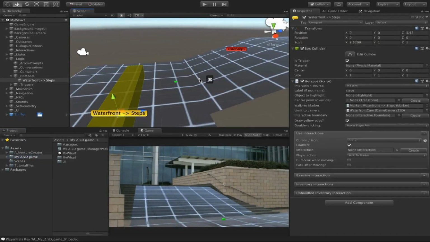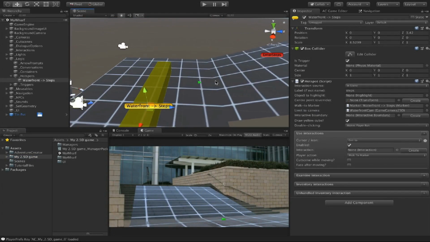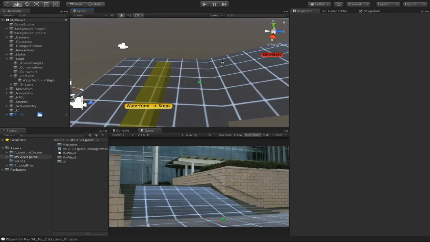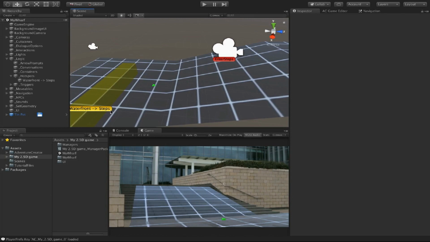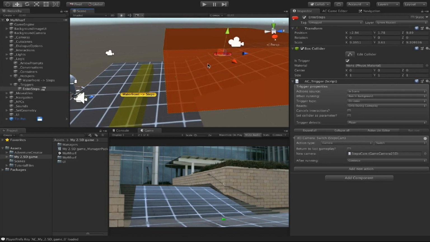So we're now able to have the player move from the waterfront to the steps. And what we're going to do is complete the scene and have it so that the player can move all around. Now, last time what we did is we had a hotspot to move us to this marker, and then we used a trigger to actually cut the camera. And that's a more sort of best practice way because this allows us to cut the camera no matter what our movement method is. So if, for example, I run the scene,